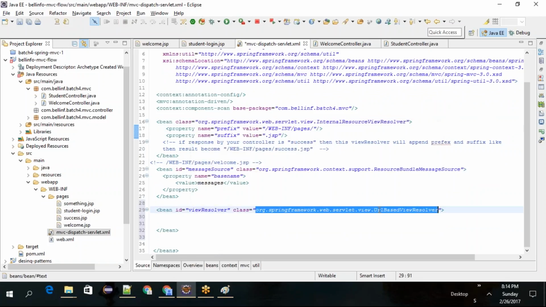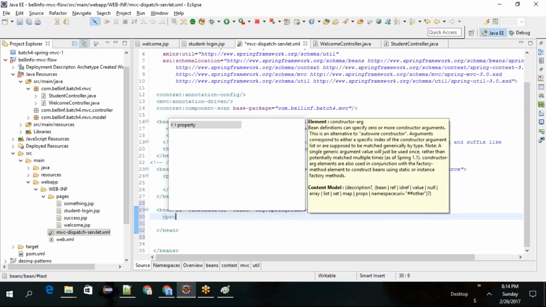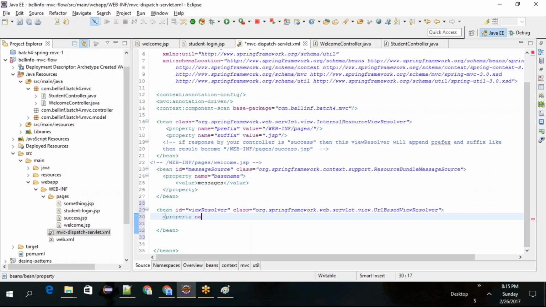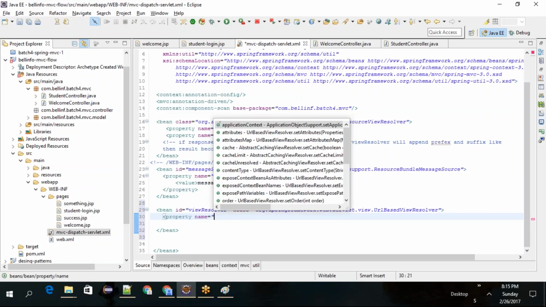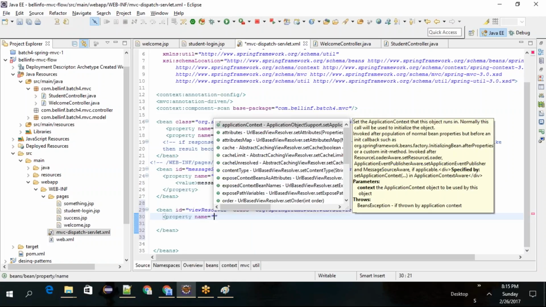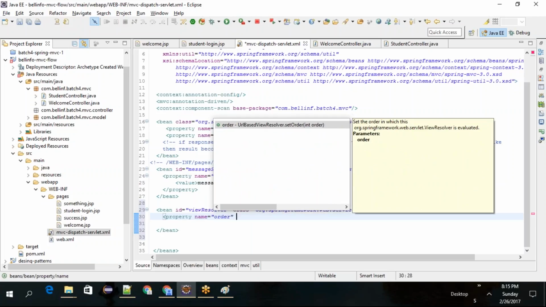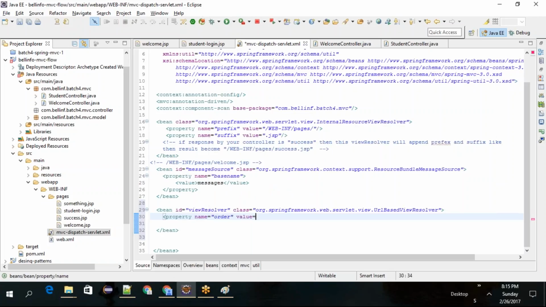So for me, as I am going to do tiles, I'm going to convey URL based view resolver is the priority number one. So how do I convey that priority? Simple, property name equal to order. What is the order? This is the higher priority, so I'm going to give